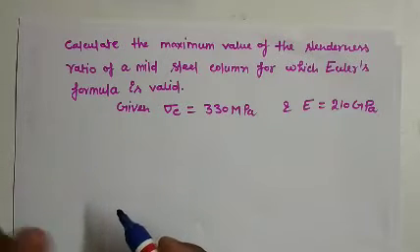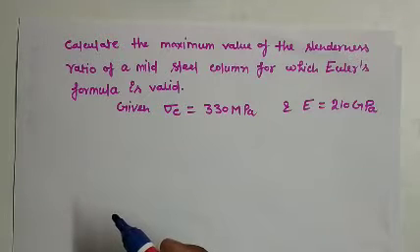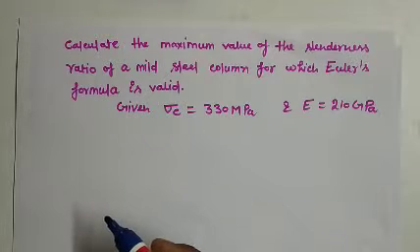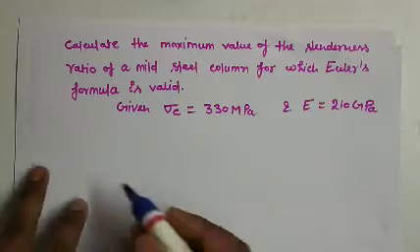We know that Euler's formula is applicable for a very long column, because when we derived Euler's expression, we made an assumption that the column should be straight and long. And we know that a column buckles at stresses very much lower than the compressive yield stress. So the initial condition